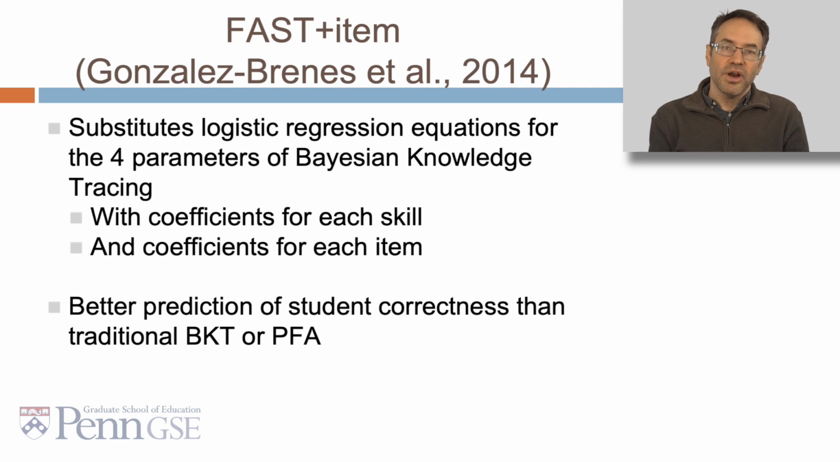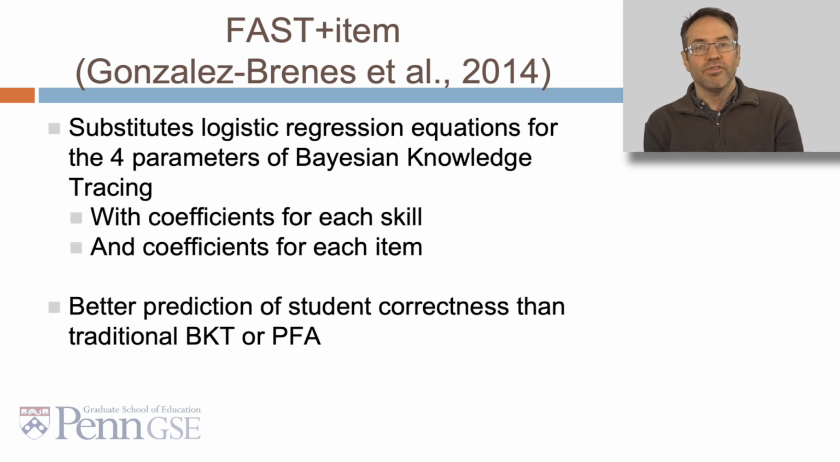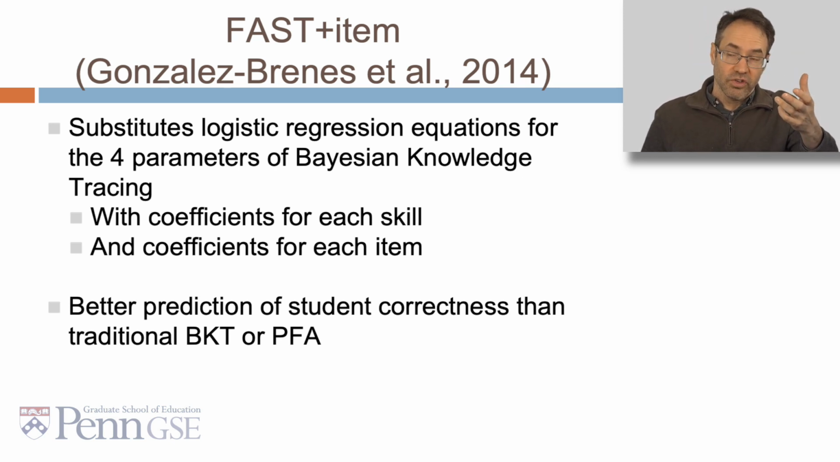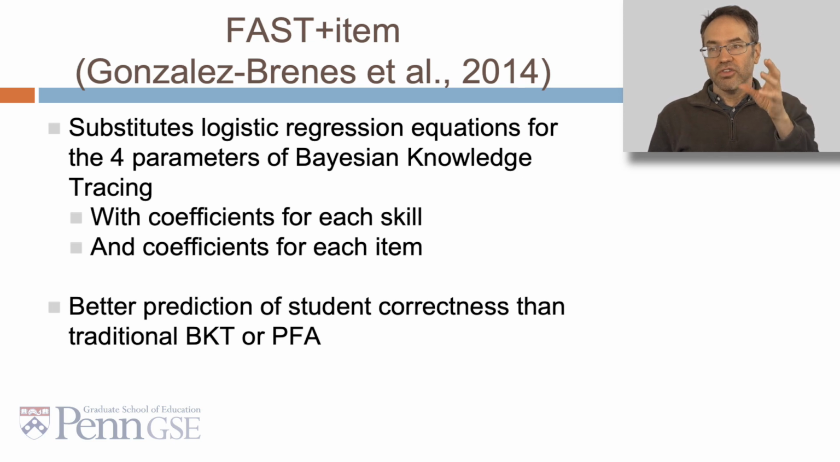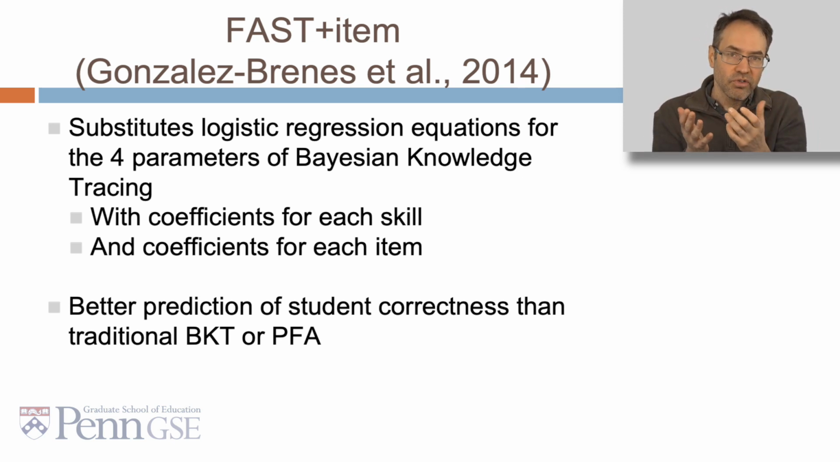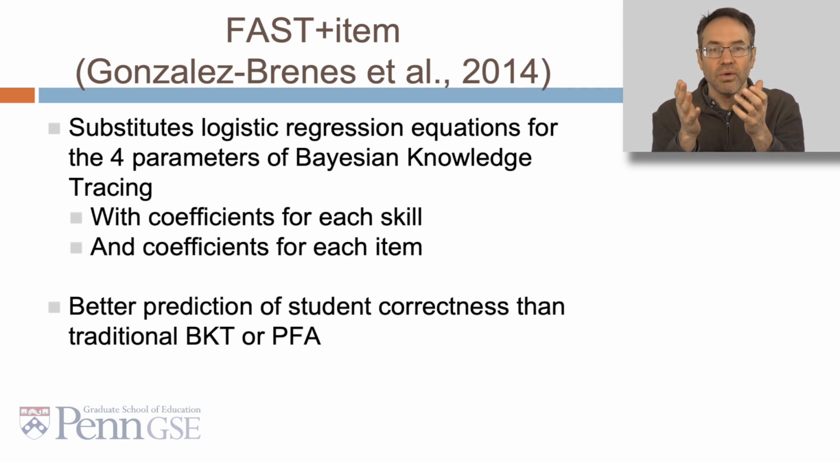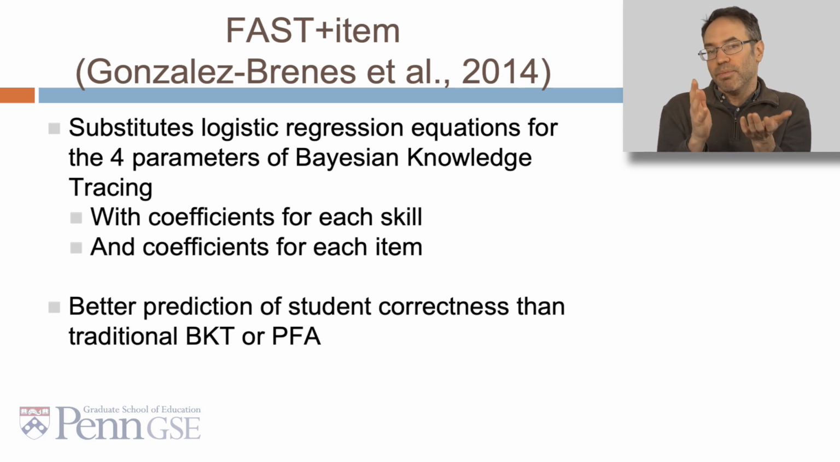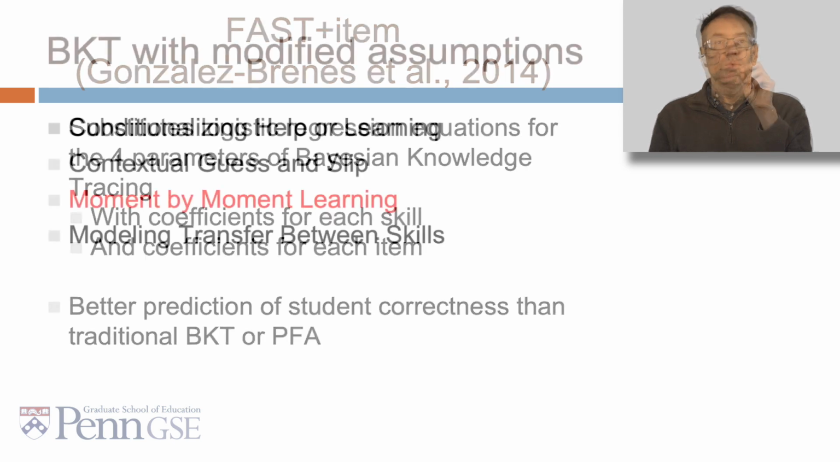Concurrently, Gonzalez-Brenes and his colleagues developed a model called FAST plus item, which substituted logistic regression equations for all 4 parameters of Bayesian knowledge tracing, not just guess and slip like in the contextual guess and slip approach, but also T and L0, with coefficients for each skill and coefficients for each item. And they found that this led to better prediction of student correctness than traditional BKT or PFA, a little more stably than contextual guess and slip did. We'll now continue by